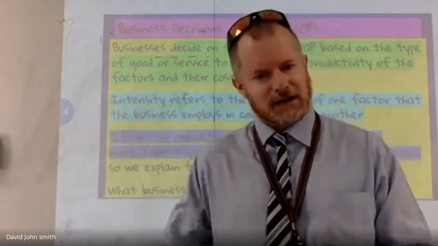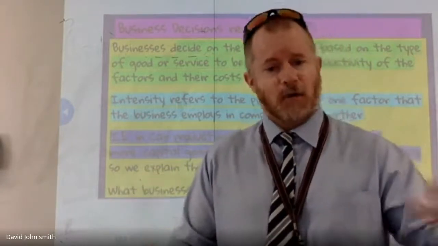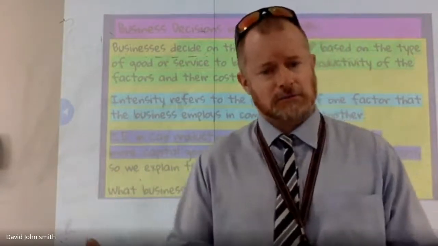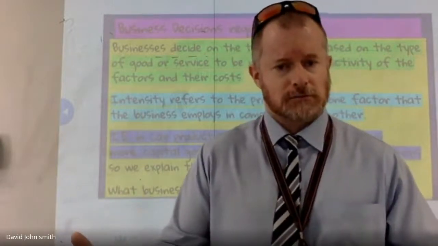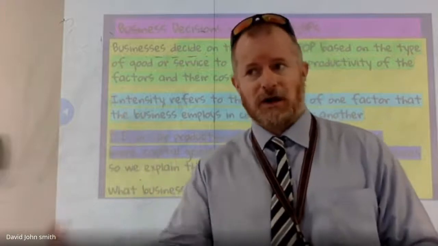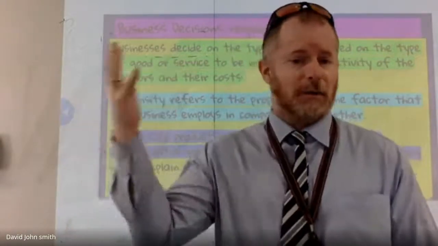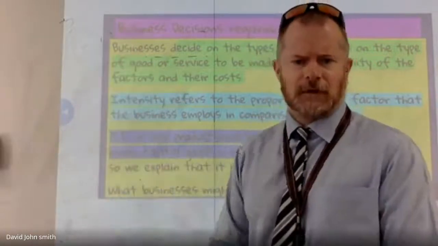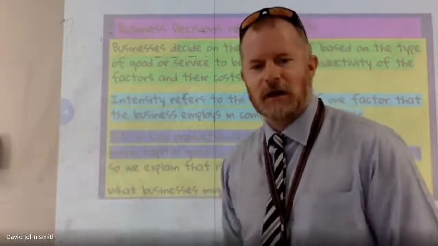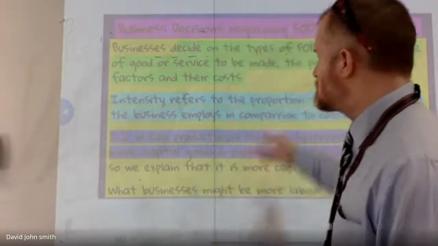Productivity. So if you find a machine that is more productive than a person, probably going to choose the machine. If you find a person that's more productive than a machine, then you're probably going to choose the person. So productivity is something that we need to consider alongside the actual type of good or